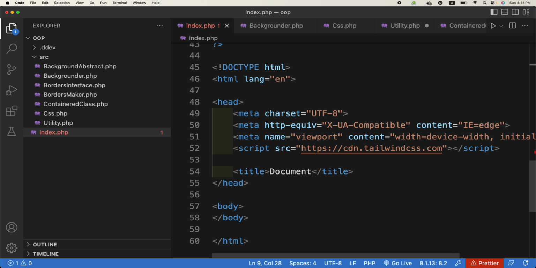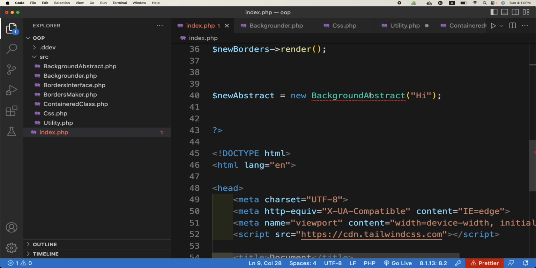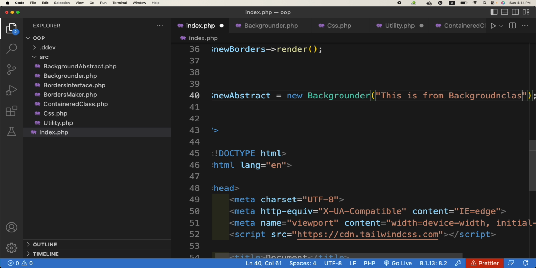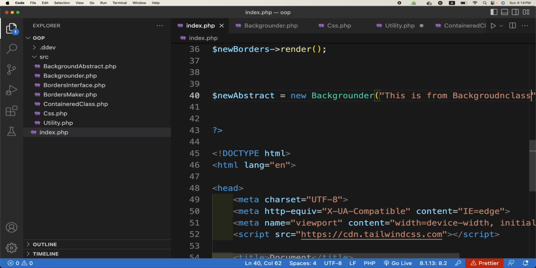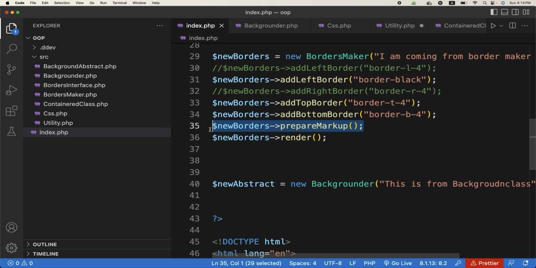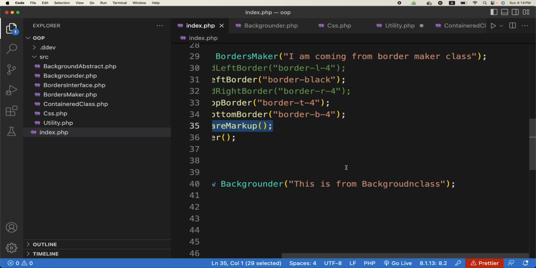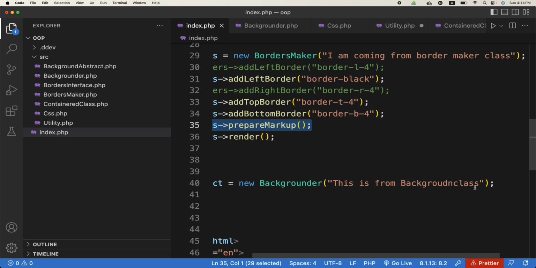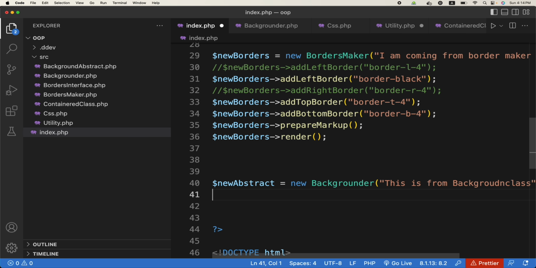So here now we will change it to backgrounder, with the high, or we can call it this is from background class. Okay. The next thing is we will use prepare markup and then render it. Okay, sorry, not prepare markup. If we do so, for example this one, and then render,